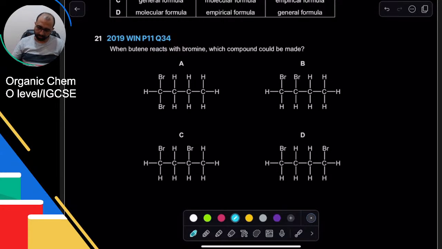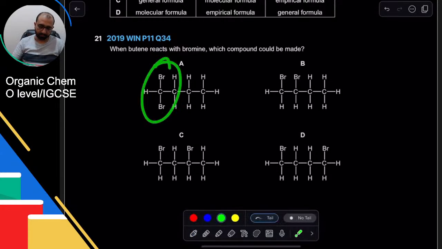This one is not possible because इसमें क्या हुआ है? इसमें दोनों कार्बन्स को कुछ नहीं मिला, एक को ही 2 ब्रोमीन मिल गए. ये कैसे हो सकता है? ये ऐसे हो सकता है कि इसी को आपने सब्स्टिट्यूशन की, पहले ये ब्रोमीन आया, फिर सब्स्टिट्यूशन की, फिर ये ब्रोमीन आया. सब्स्टिट्यूशन, एडिशन नहीं किया.